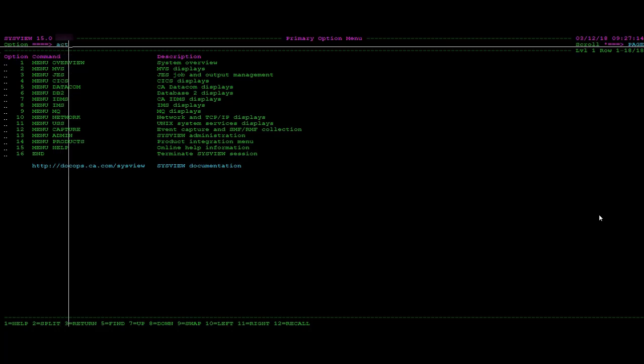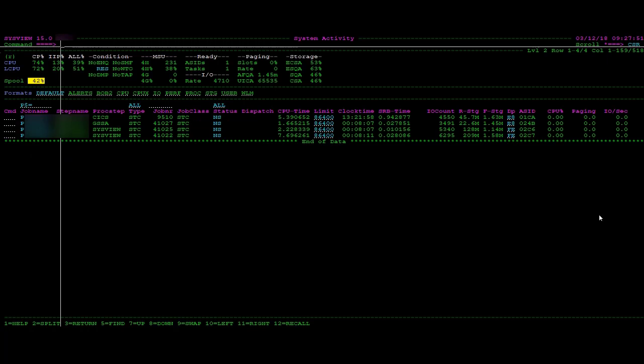So I will issue the shortened activity command, which is ACT, against a qualifier, so I can bring up multiple job names on the display. You'll see that there are 4 job names listed. They start with P. So if I go ahead and issue a /P in SYSVIEW against the SYSVIEW main address space,